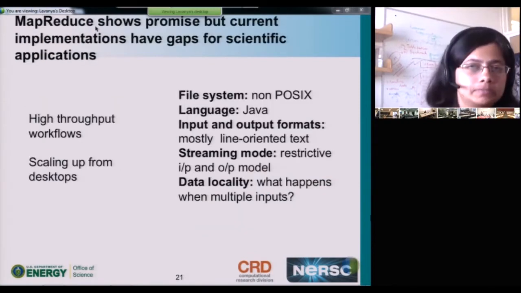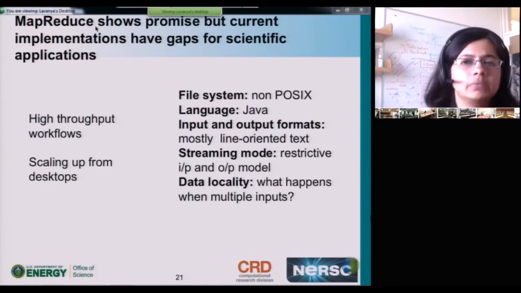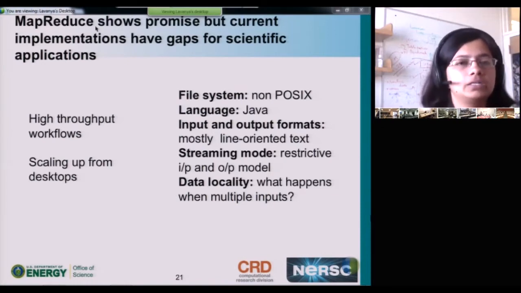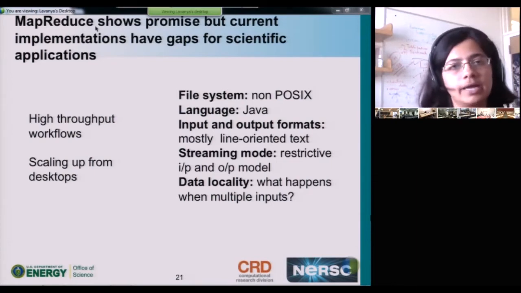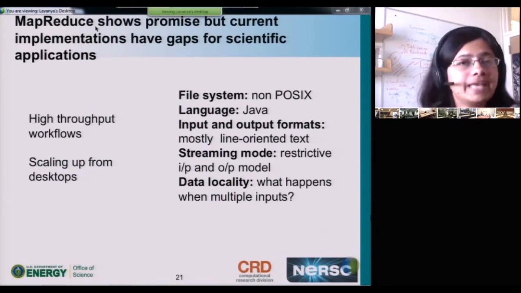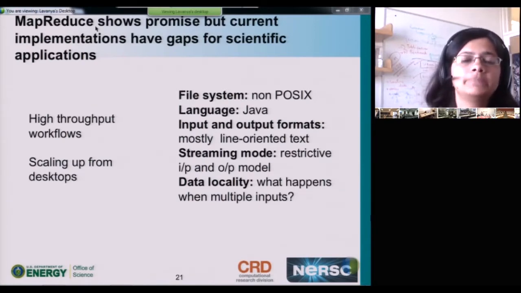So MapReduce learning was essentially that they were very useful for high throughput workflows. They're also very useful when you have a small problem that you're coding up on your desktop and then you want to scale it up to a large number of machines. But they show promise, but their current implementations of MapReduce, or more the commercial implementations such as Hadoop, have gaps for scientific applications. One of the biggest challenges, Hadoop uses its own file system, HDFS, which is non-POSIX compliant,